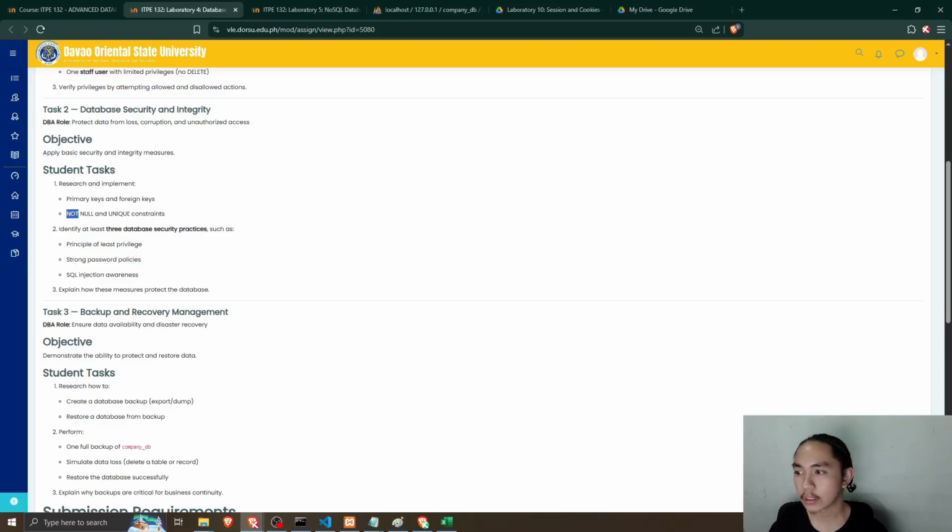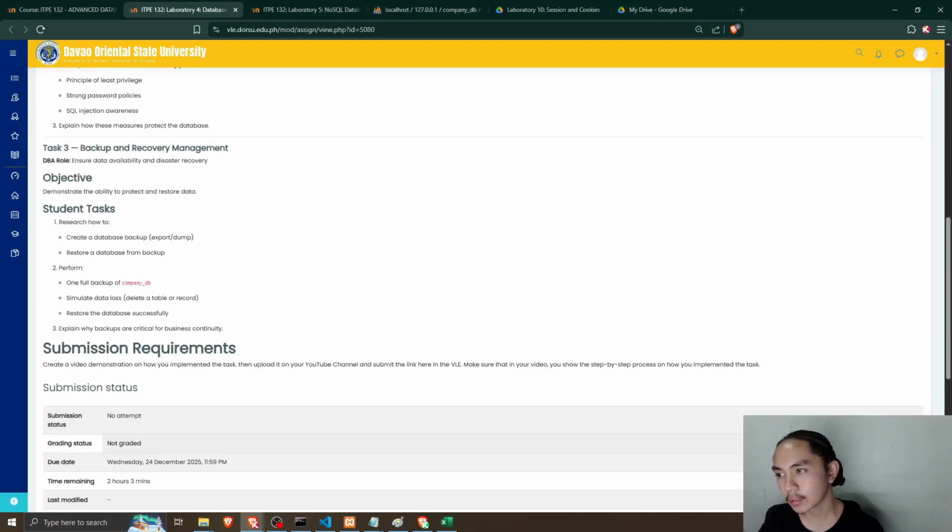That's why I mentioned earlier that having parameterized connections for your database setup will be very helpful. And that's how you can improve your security measures for your database security and integrity.